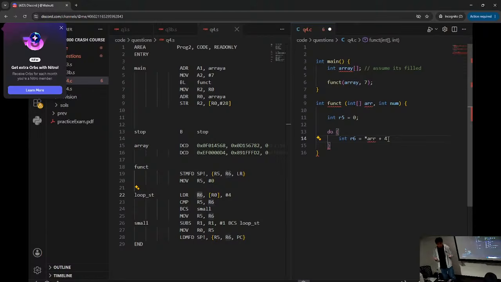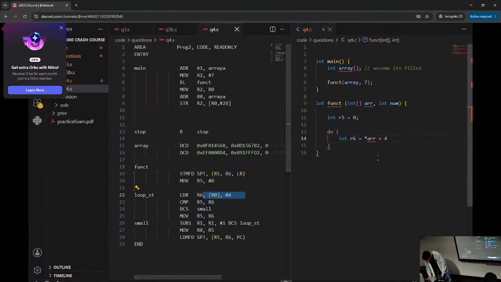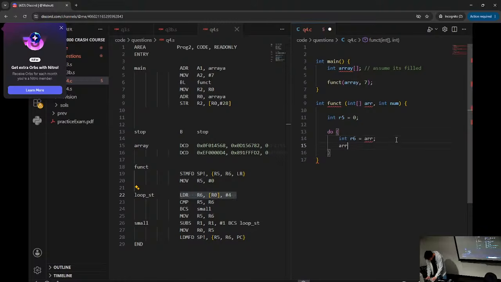Do you guys remember what happens when we add 4 to an address? We just shift. Yep. Now, there's a slight problem with this translation. This is actually post-indexing. So what's going on is we set it to the value of array, and then we advance